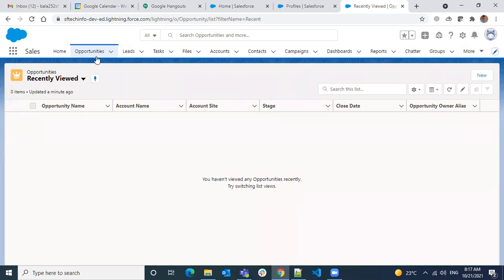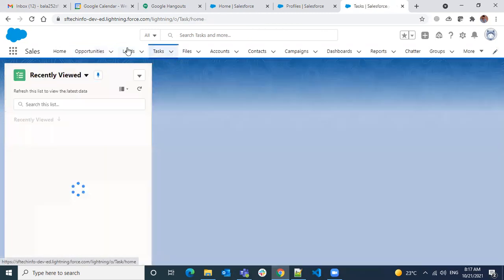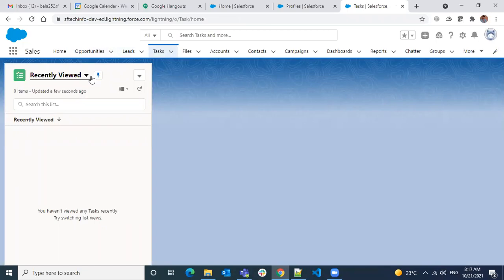Then coming back to what a tab is. A tab is nothing but a link, a way where you can navigate to different pages from your app. So when you ask what an app is, an app is a bundle of tabs. The Salesforce sales app is provided with all the tabs that you see.